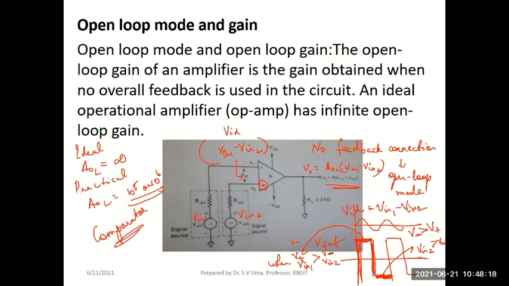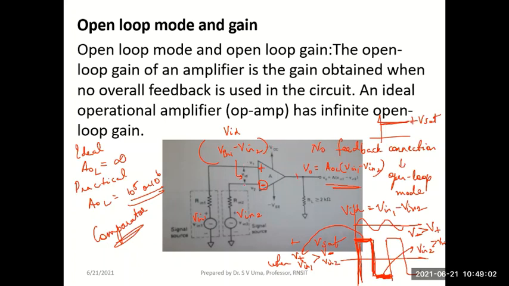You would have fed two input signals. If you want to know whether V in 1 is greater or V in 2, you just connect both to the circuit and observe the output. If the output is at positive saturation, then V in 1, which is given to the positive terminal, will be greater than V in 2, which is given to the negative terminal. When I say greater, it is slightly greater. Remember, the differential input should be only between microvolts. So the differential input voltage will be between a few microvolts.